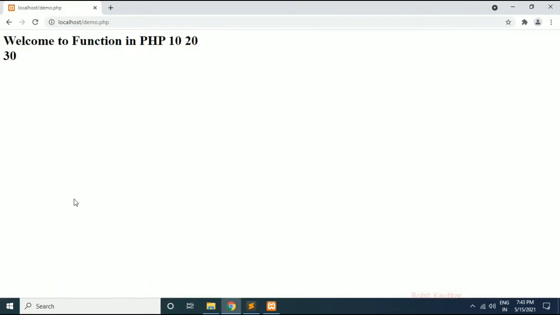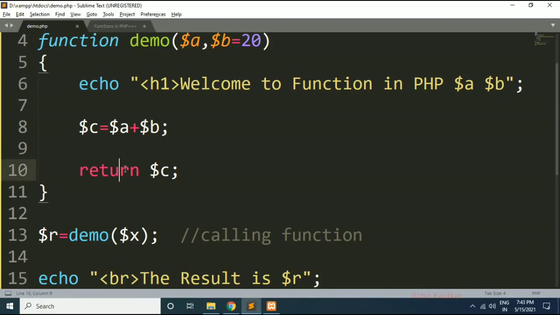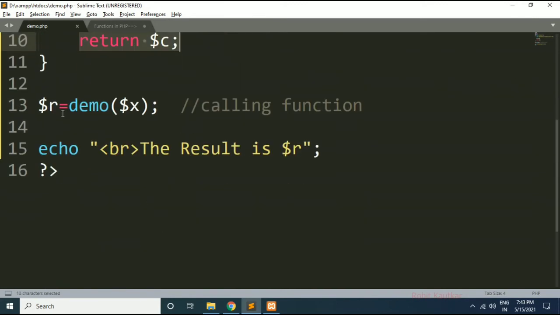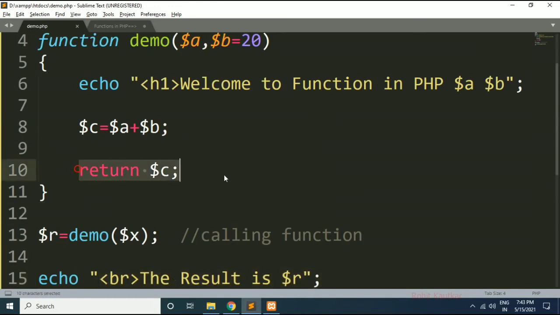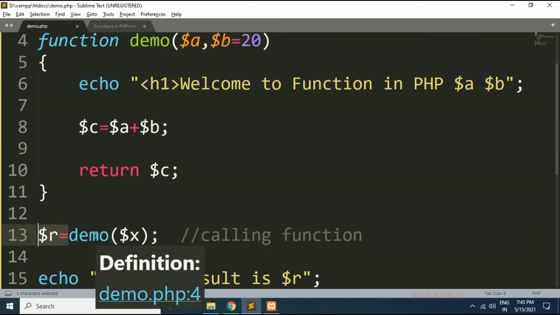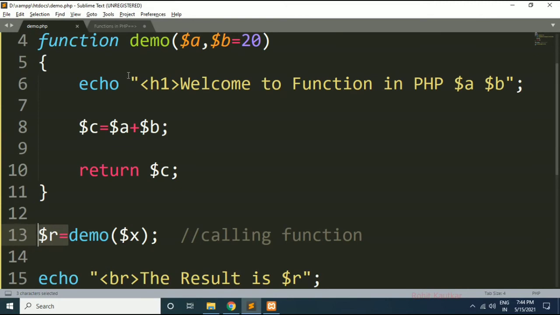Now if you go to browser and refresh, you can see we got 30 value from function. So this return value will be available within R here, and we will print it. So remember, whenever you are returning value, do not forget to receive it within certain variable. So later on you can print the value.